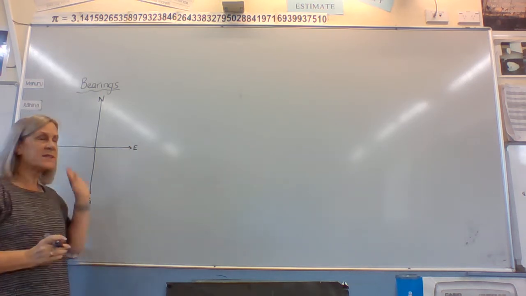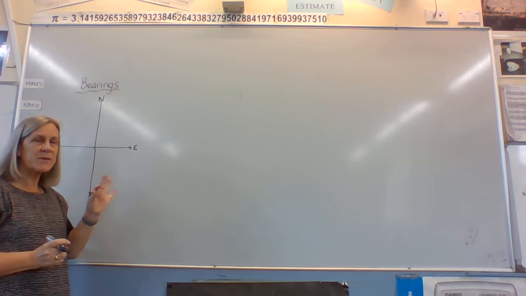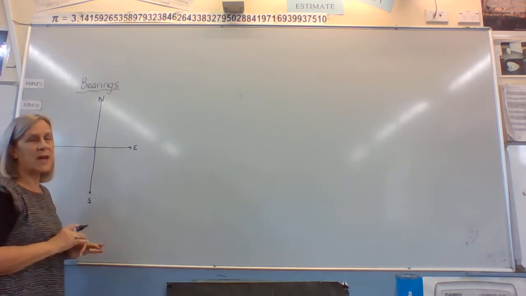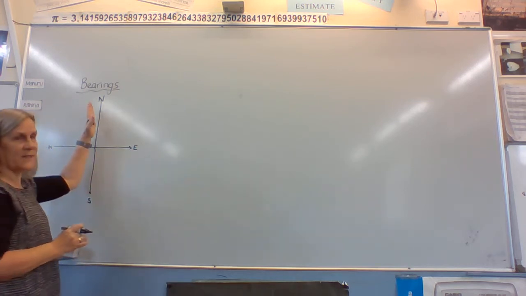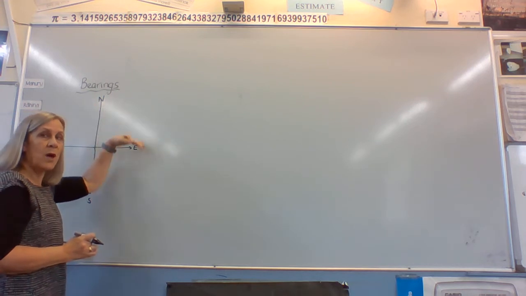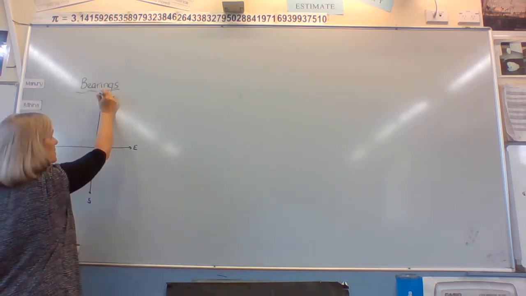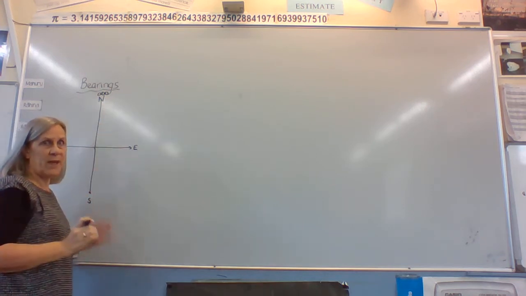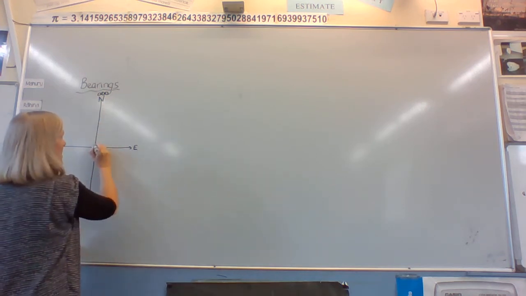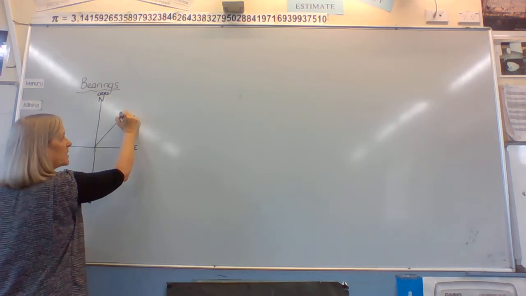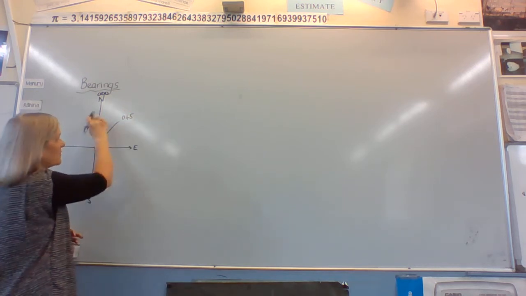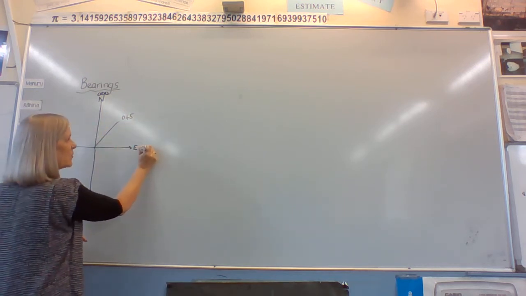But that's a compass bearing, so a little bit of a difference. When we use a bearing, we only ever start at north and we go clockwise round. So we call this 000, because a bearing always has 3 digits. If we go halfway here, it would be 045, 45 degrees, 90 degrees,